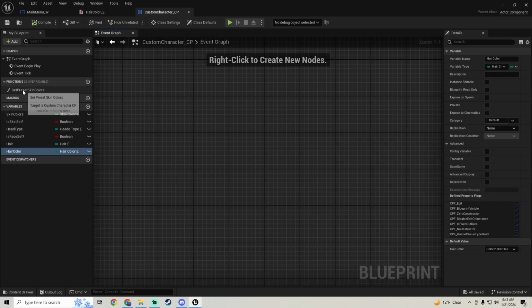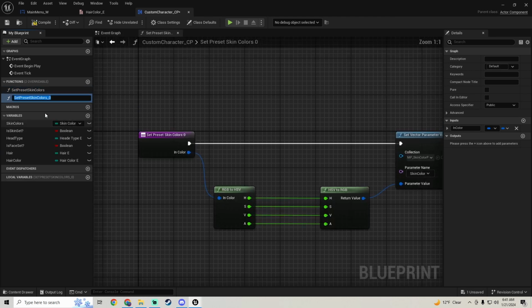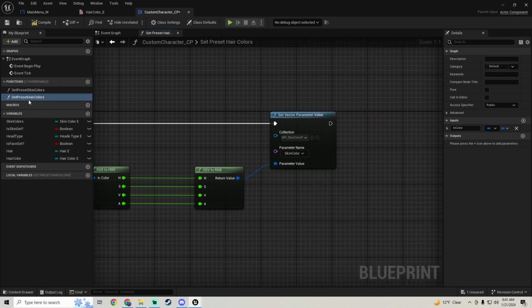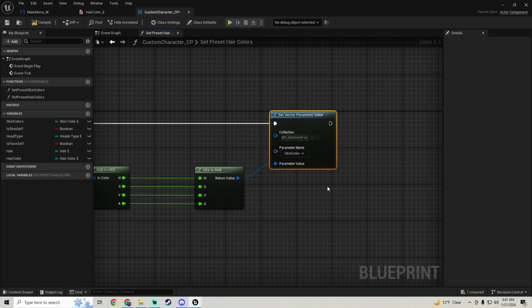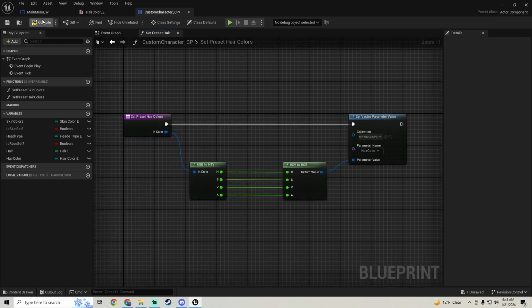and then we'll close this guy right here. And our set preset skin color function, we're just gonna duplicate this guy, and we're gonna call it set preset hair colors. And then right here on set vector parameter, we're gonna change this to our hair color picker, and we're gonna choose our hair color. So compile and save. Go back to our main menu,